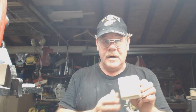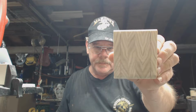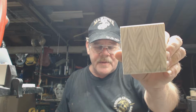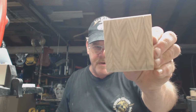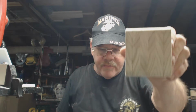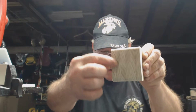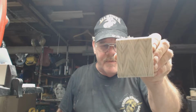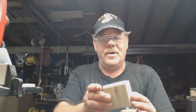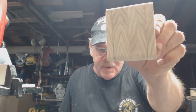And there's what it looks like. That came out so nice that on the top piece, which is the pinnacle of the piece, there's that side, and there's the other rough grain side, right? You'll see the one little line here. That's a pencil mark. That'll sand off. No big deal. But I was really, really impressed with how that herringbone